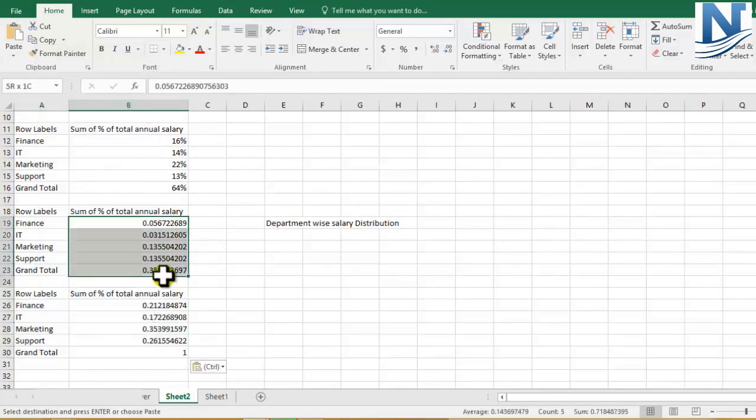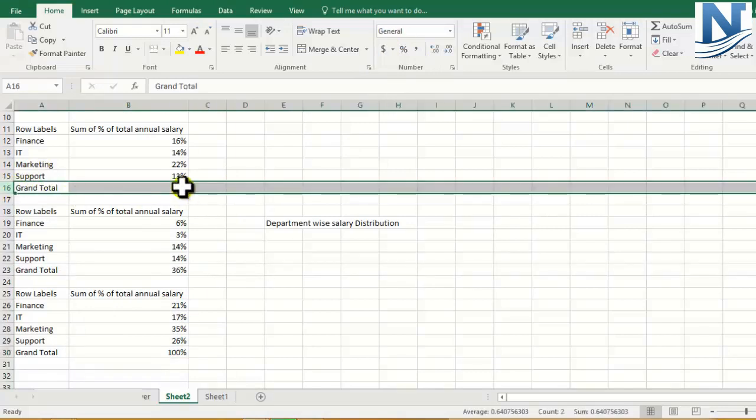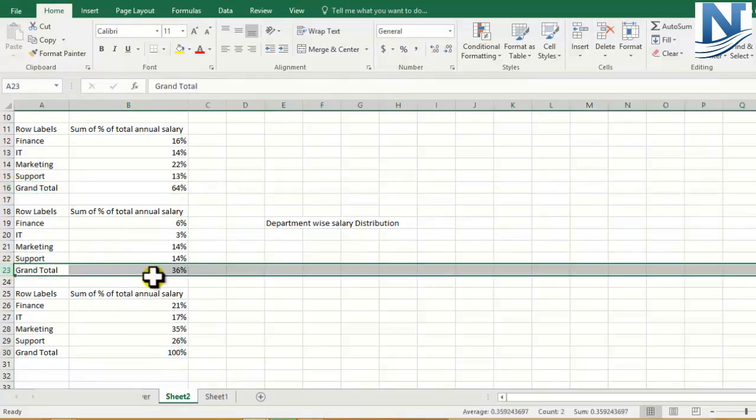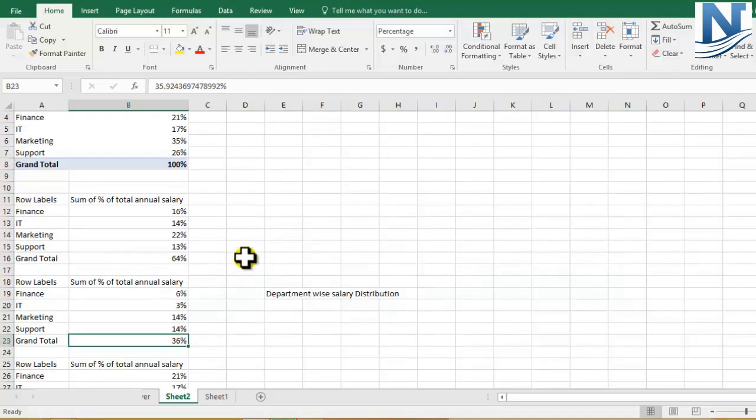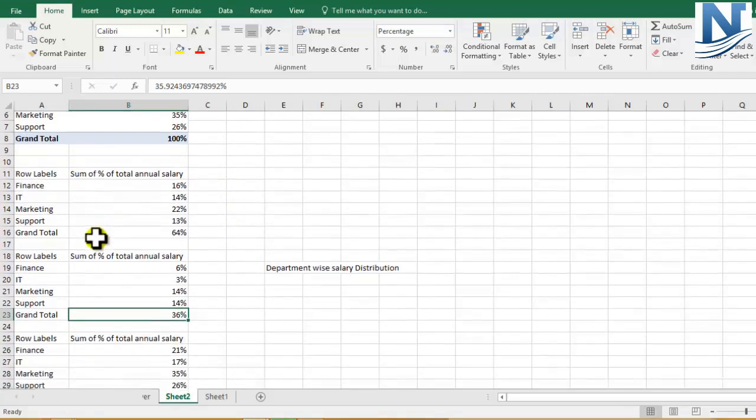You can just convert this into percentage format so that everything looks neat and fine. So out of 100%, the salary which is drawn by male employees is 64%, salary drawn by female is 36%. So easily you can copy and save your data as per whatever changes you are doing.